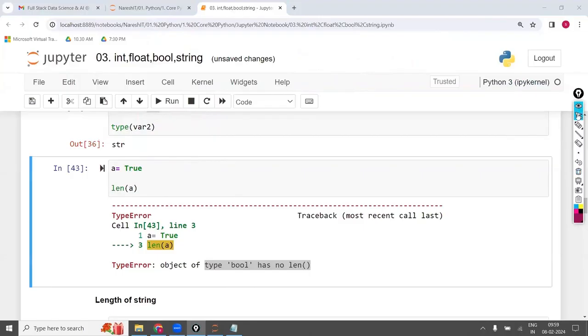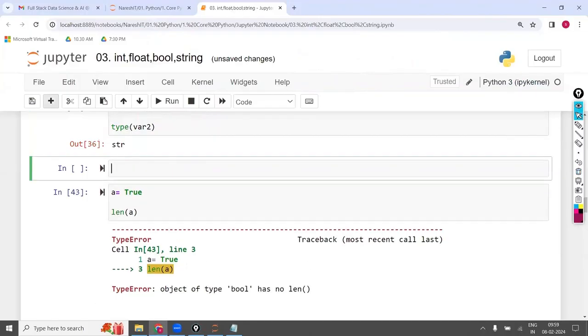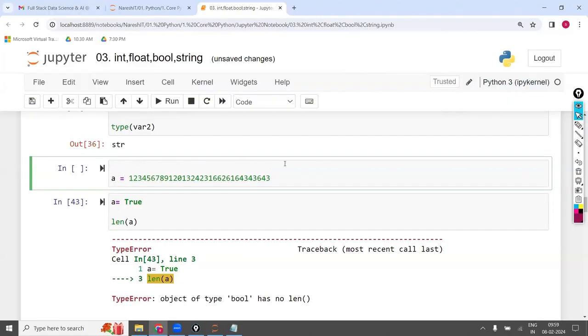Sir, for example, I have a number like 1, 2, 3, 4, 5, 6, 7, 8, 9, some number is there. Now I want to calculate the total length, meaning the total number of digits it has. Then what do I have to do, sir? First, you have to convert it to a string.